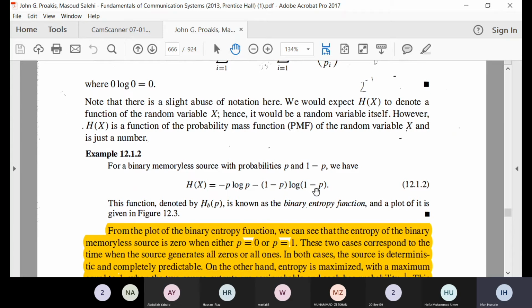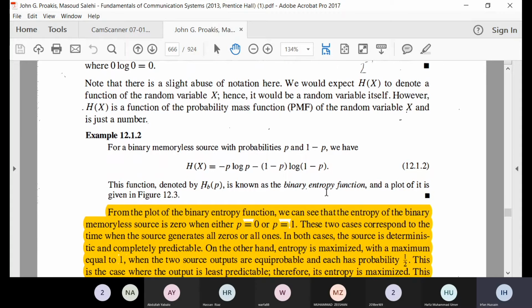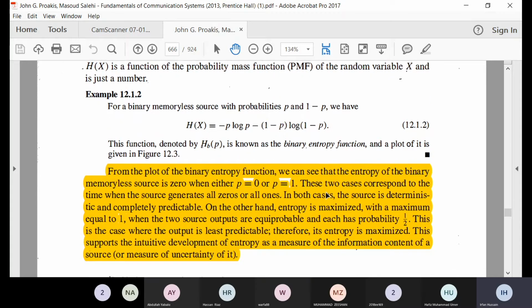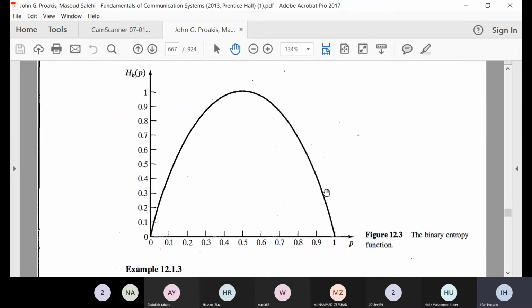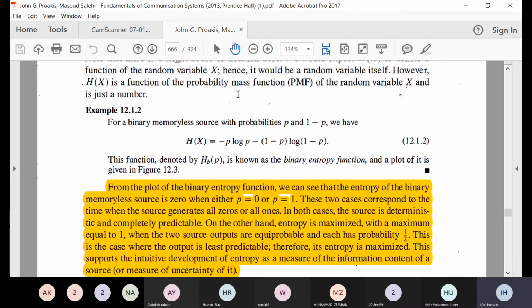You can see p and 1 minus p, let us say, are the probabilities of 0s and 1s. So this will be the entropy, and this is the entropy figure. In this figure, if you have 0 probability or probability 1, the information is 0, but once you have 0.5, which means that both the events are equally probable, you have the highest information. So as you can see here,